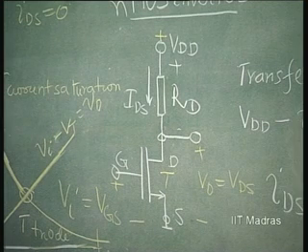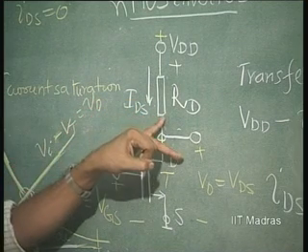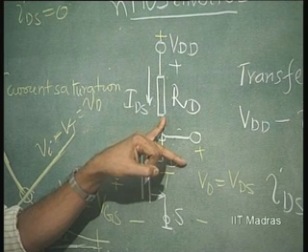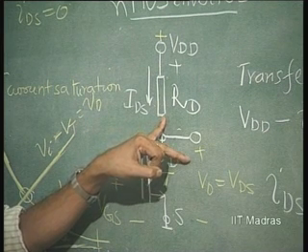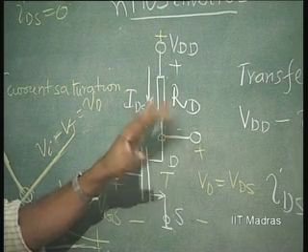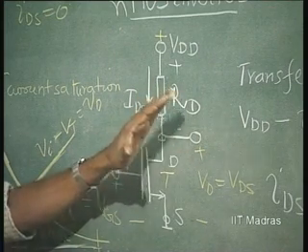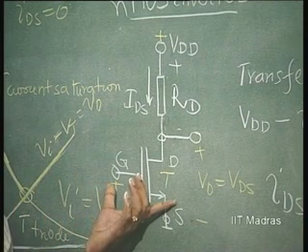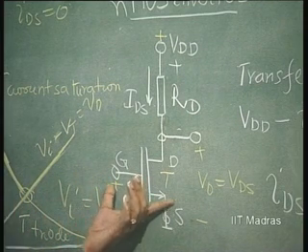Therefore, in digital inverters, all the resistors get replaced by MOS resistors, MOSFETs acting as resistors. We will discuss that circuit later, but this circuit can also be used as an amplifier in this